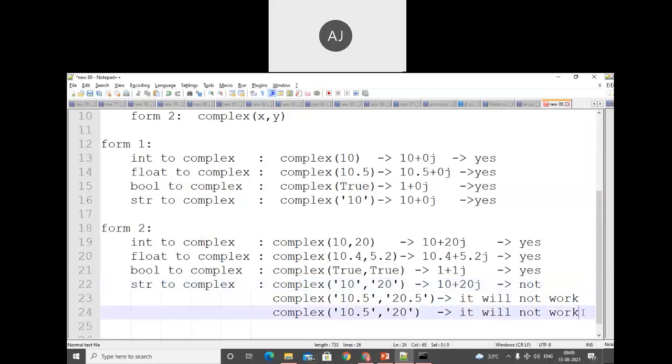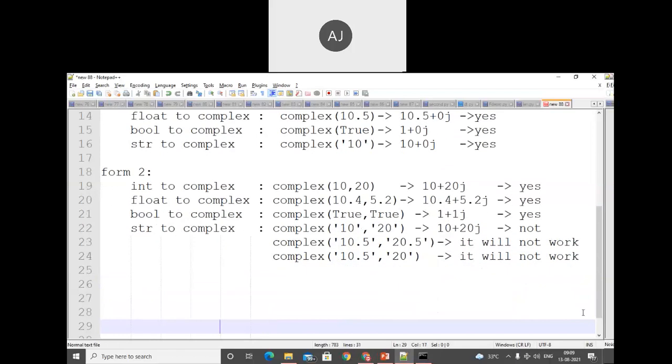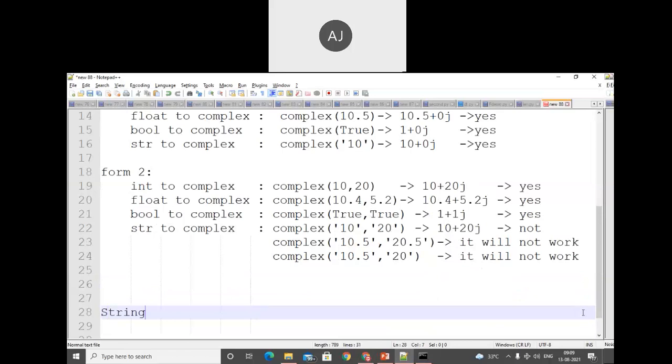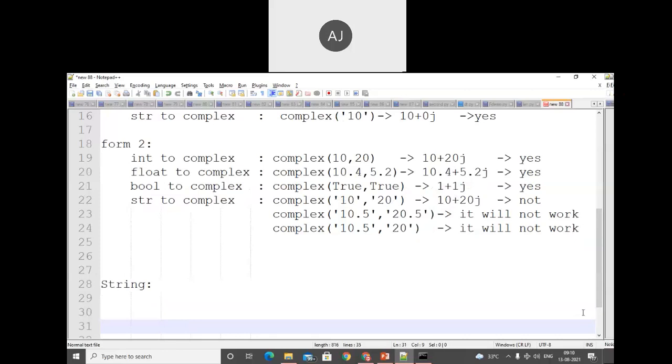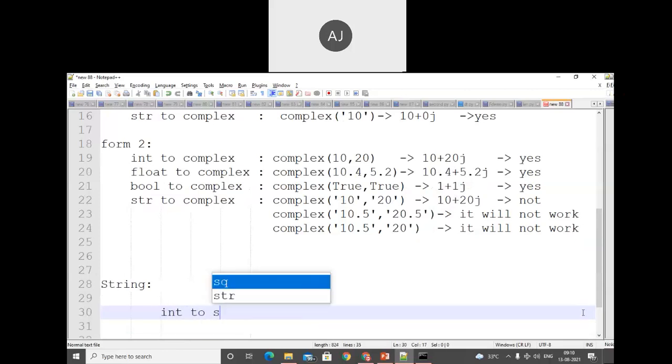Similarly, we need to perform the operations of string. In that section we are trying to convert int into string first.